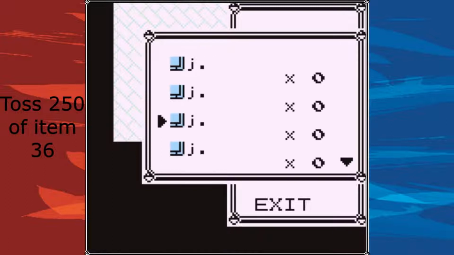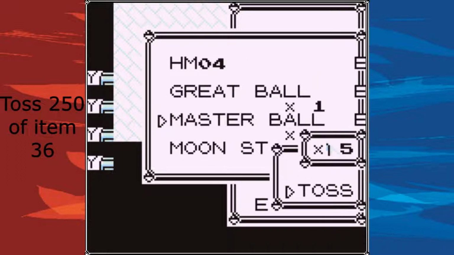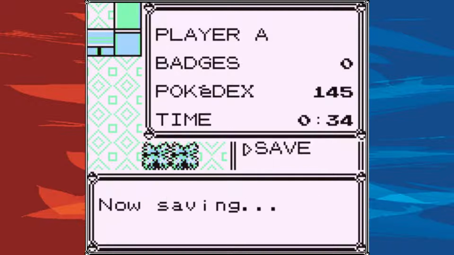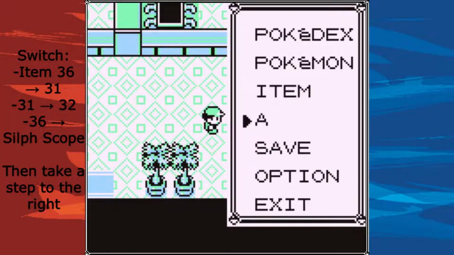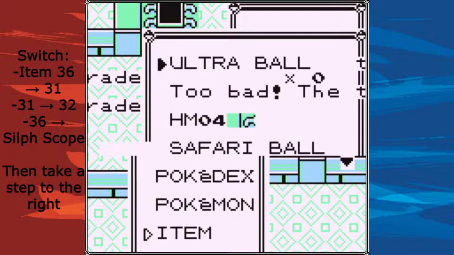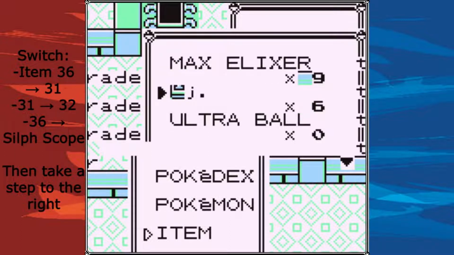Toss 250 of item 36 to go to Celadon City, where one of the Snorlax is, and go to the Pokémon Center. Place yourself here and save. Now open your bag and switch item 36 with 31, then 31 with 32, and then switch item 36 with a Silk Scope you'll find in your bag, and take